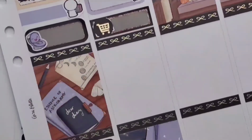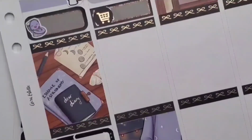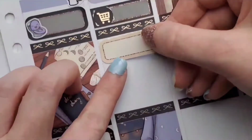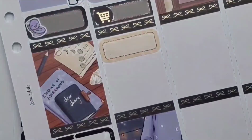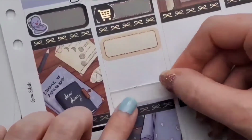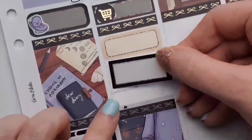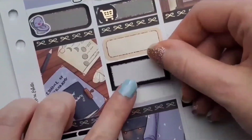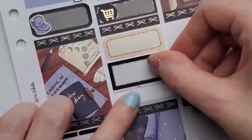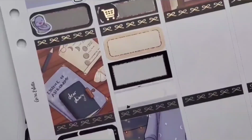Moving on, I put in a quarter box to mark uploading an Insta story this day, and I used a Sailor Moon deco piece, a little star locket from Untitled Paper Co. to mark that. I put a fancy label at the bottom just to make sure that this squared off box was going to fit in the middle, and I used that box with a little dinosaur sticker from Sprinkled Pug